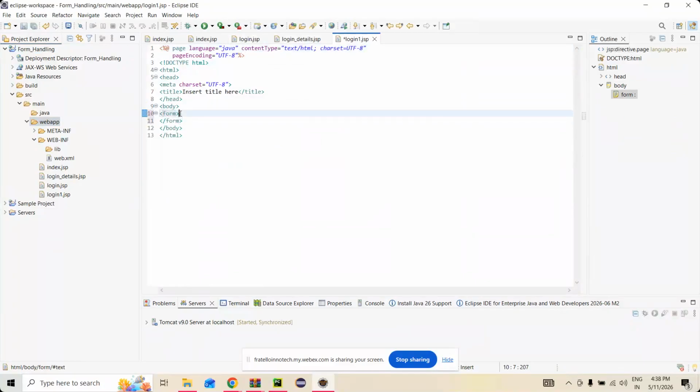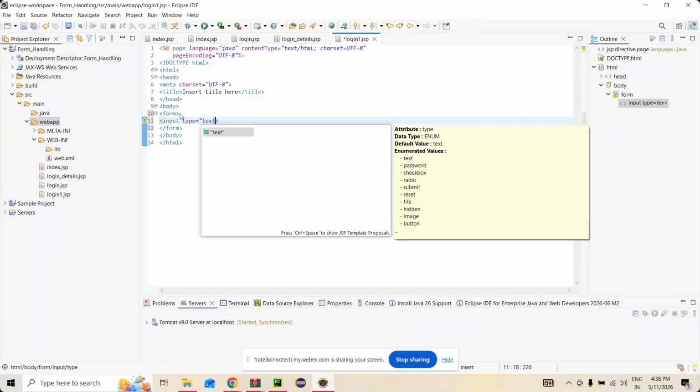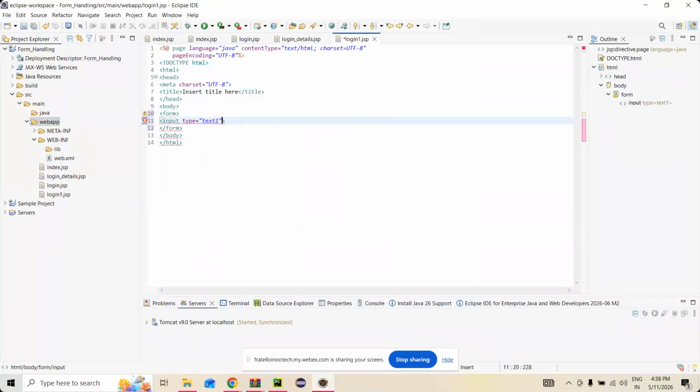Then we will give the inputs, input tags like type is text, and then name equals to username and required. Here we can give the labels also like username